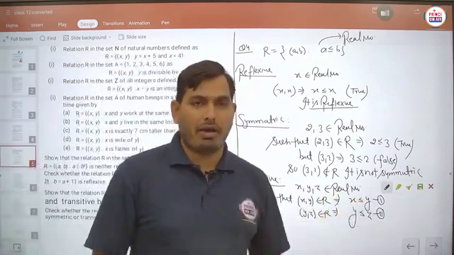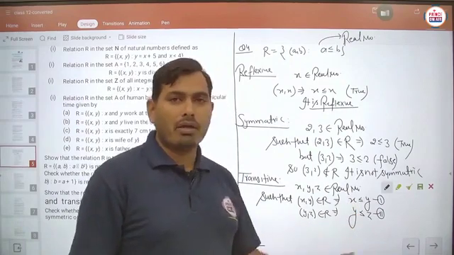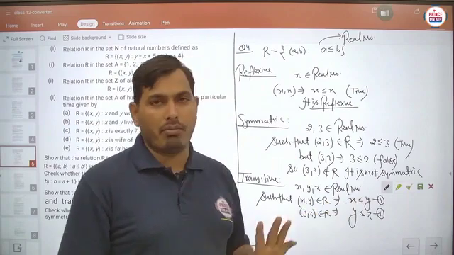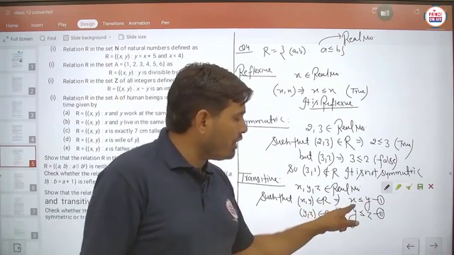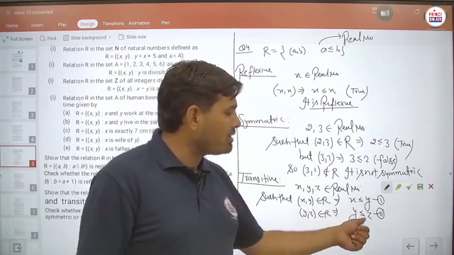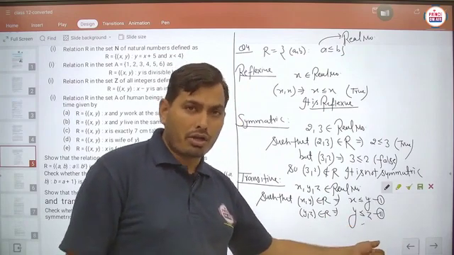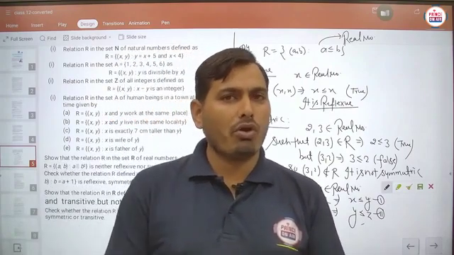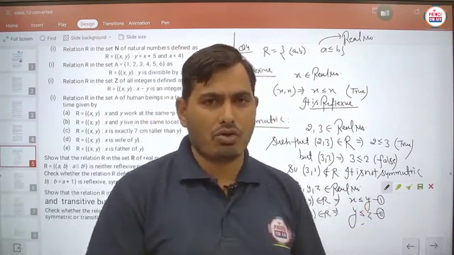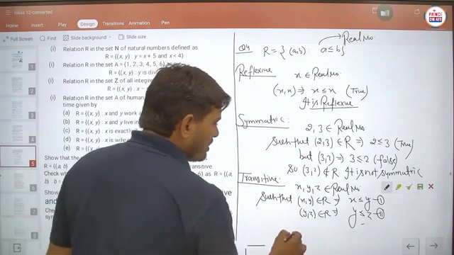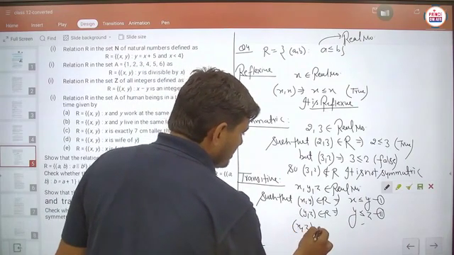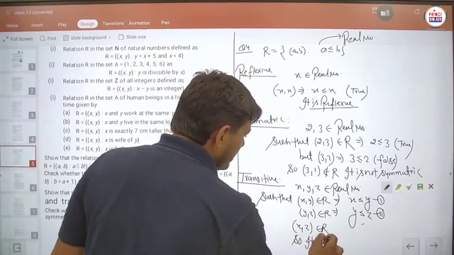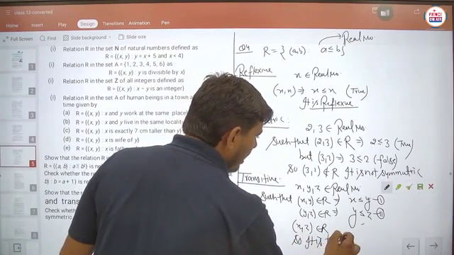Just imagine this thing in your mind. x is less than y means this is the smaller number, this is the greater number. Means y should be greater of the two numbers. Now y is less than z means z is greater than y. Then definitely student, you can say that x is smaller than z. Is it to be clear? So on the basis of these two inequalities, definitely student, x comma z belongs to R, so it is transitive. So it is said to be transitive.